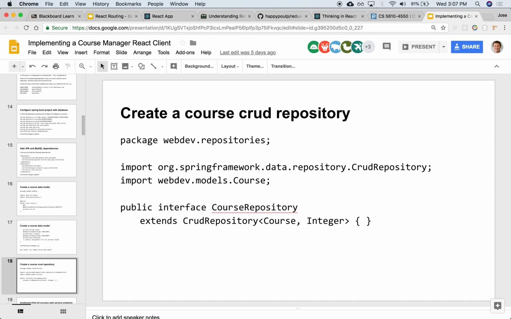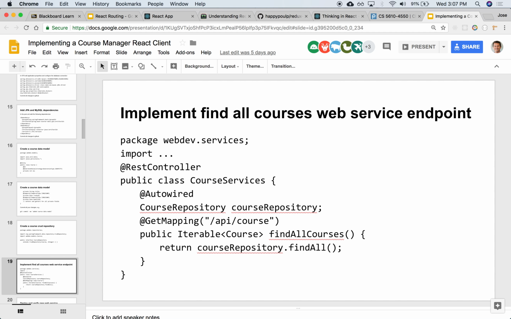So here we have a course repository. Trivial, based on the course and the primary key. That's easy. I think it's just 1 point on your assignment. And then REST controllers to be able to start creating these things. So here we have a get mapping that allows you to retrieve a list of all the courses. And so here's find all courses. It's using the repository to retrieve all the courses. That's easy. It's no different than retrieving all the users. So that's now